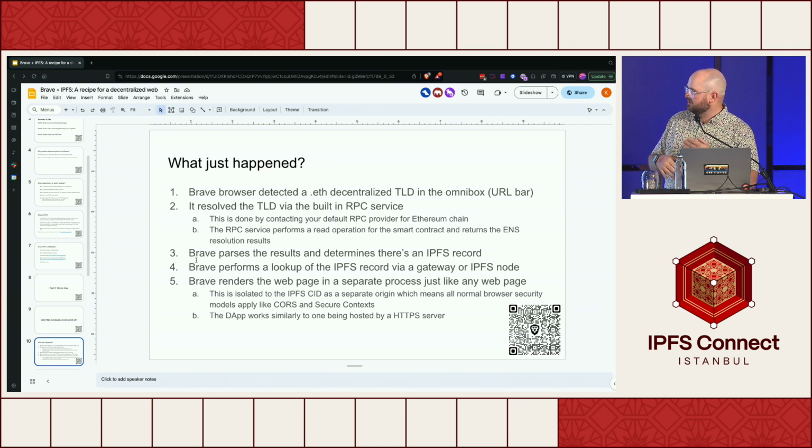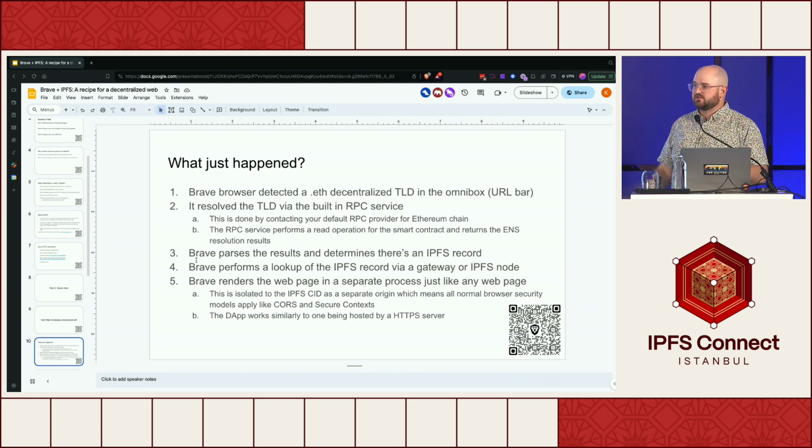So this also means that it pops up all the normal browser security models. So you've got things like CORS and secure context and all those capabilities. So you can actually still request the permissions context of utilizing a camera, if you're running some sort of front-end application that wants to be able to use the camera to record a video or something.